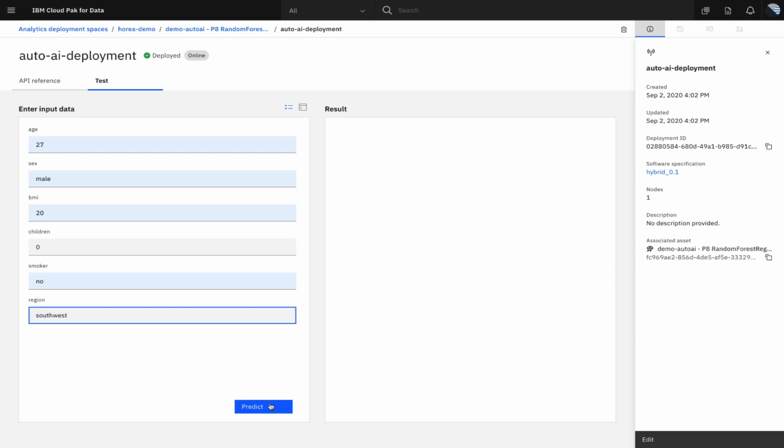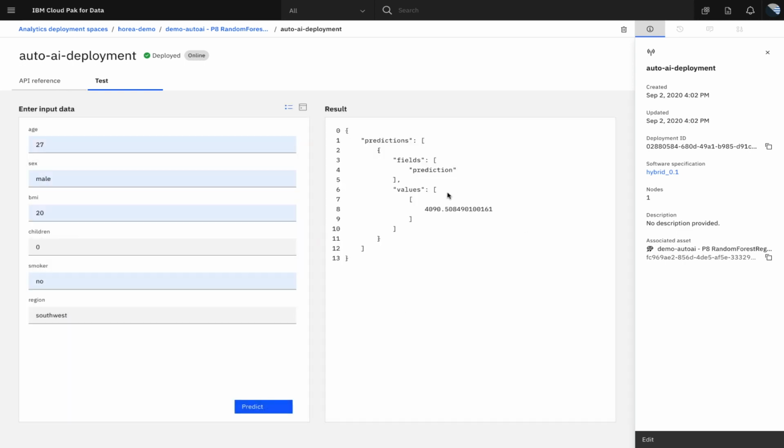If I click predict, it's going to use this trained model that we've deployed, and it's going to come up with a prediction. So we have 4,000. If we say yes for smoker, the value should be much larger, because if you're a smoker, you're going to pay more for your insurance. So you can see the value is much larger at 16,000 instead of 4,000 before, keeping all other data points